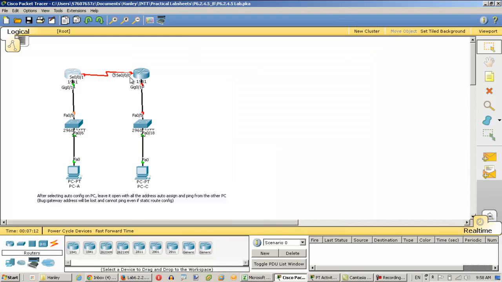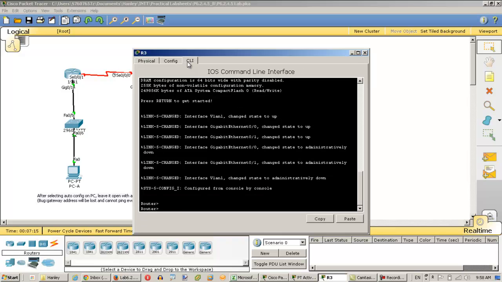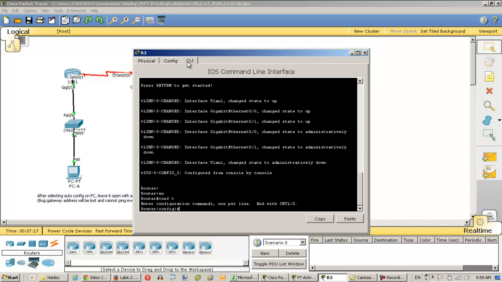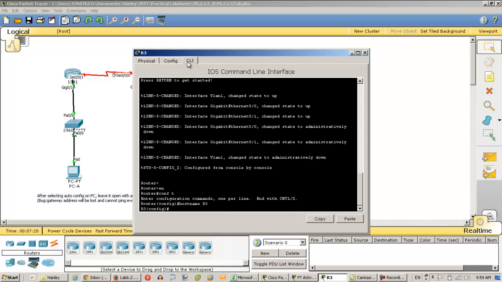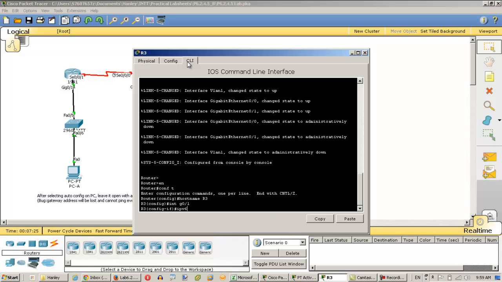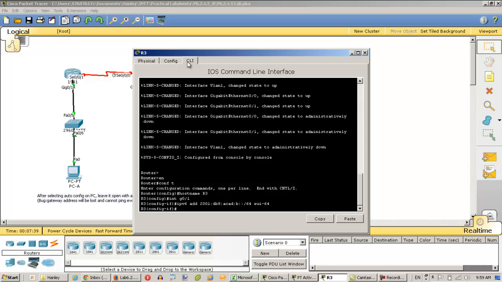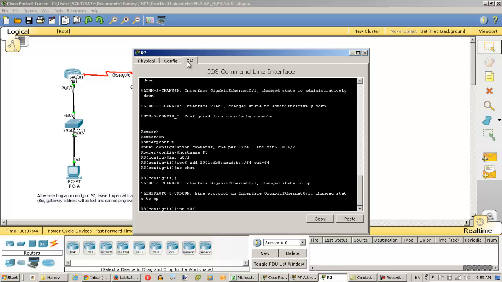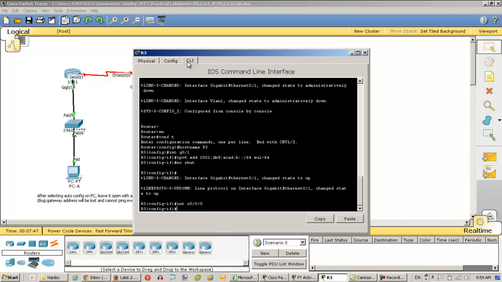Next, we're going to go over to R3. Do the same thing with the IP address that has been given. Go inside interface G0/1, ipv6 address 2001:DB8:ACAD::/64. Same thing again, make use of EUI-64. No shut again. And go into the serial interface S0/0/0, ipv6 address again,